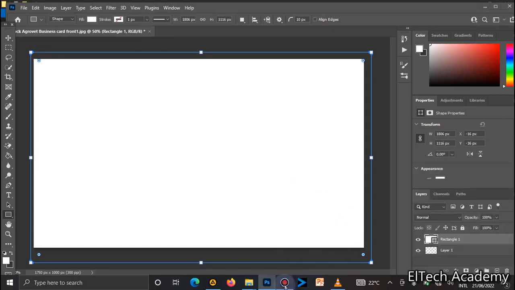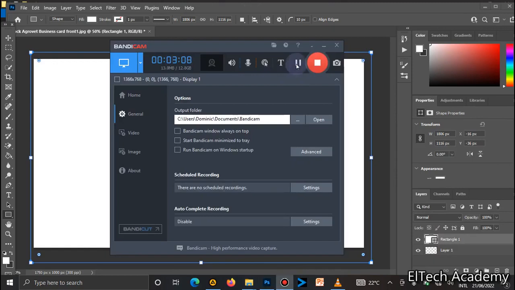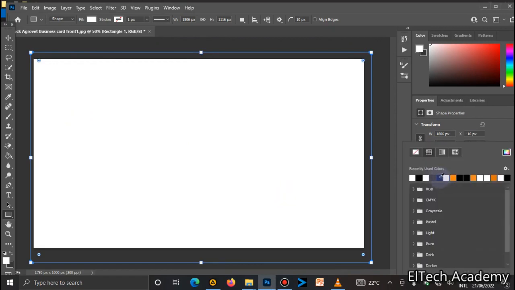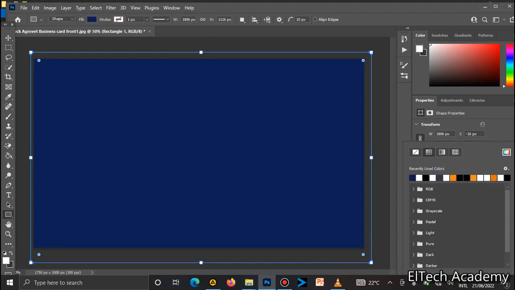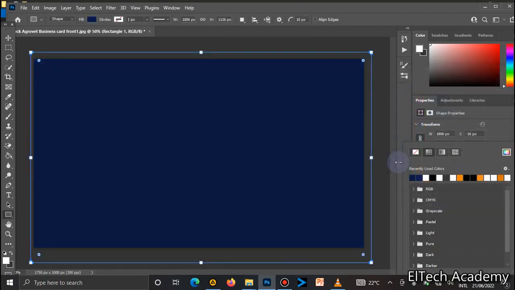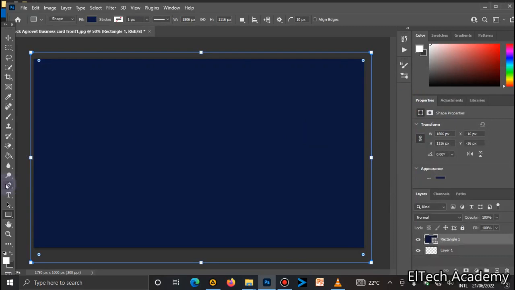So I will give a color. Let me pick something dark and use a bit clear. This should do. The first trick we are going to be learning is how to create your own